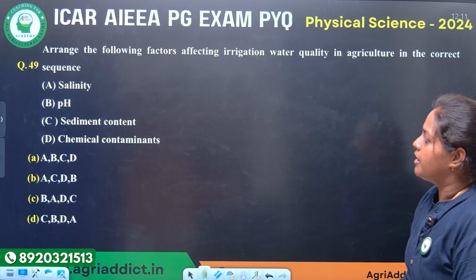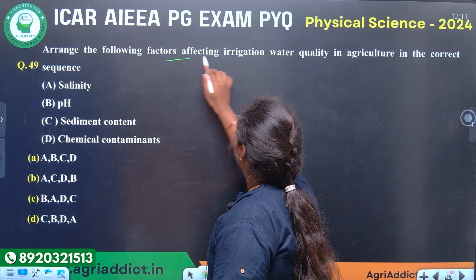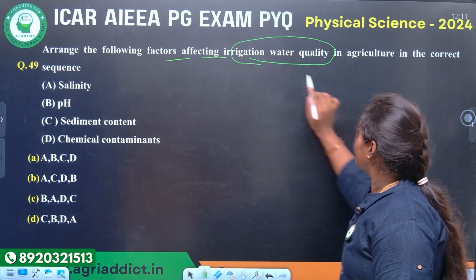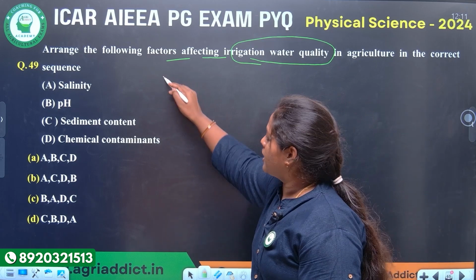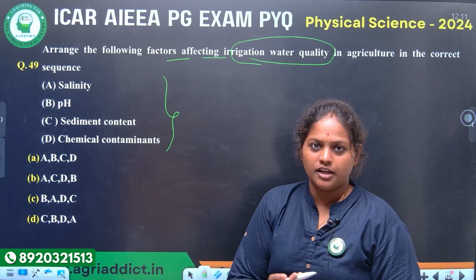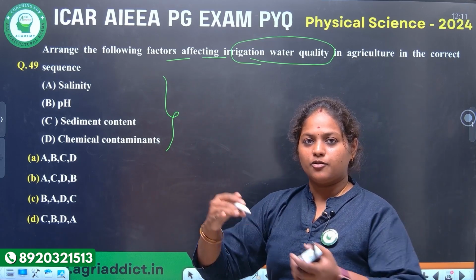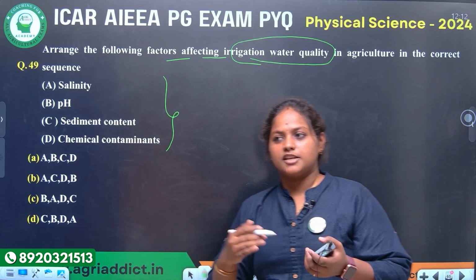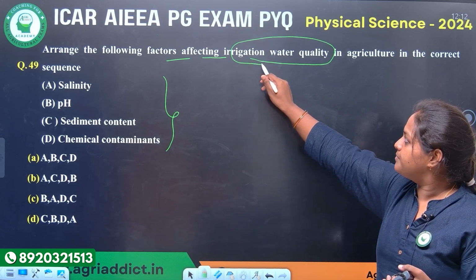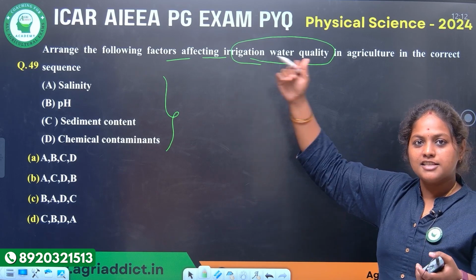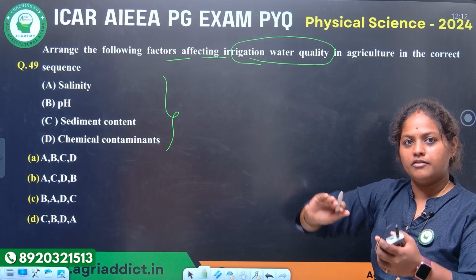Question number 49. Arrange the following factors affecting irrigation water quality in agriculture in the correct sequence. We know that these are all the factors that are affecting irrigation water quality. We will also read what are the levels of pH that are harmful, what is the salinity level that is harmful to the soil. Now they are cleverly asking the sequence of the parameters you will see when you see the